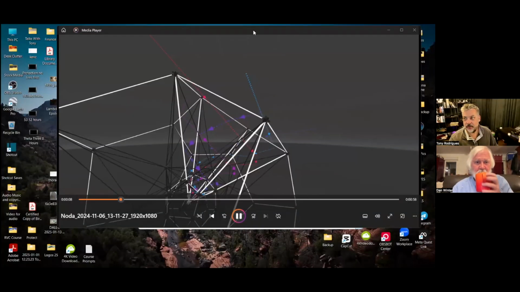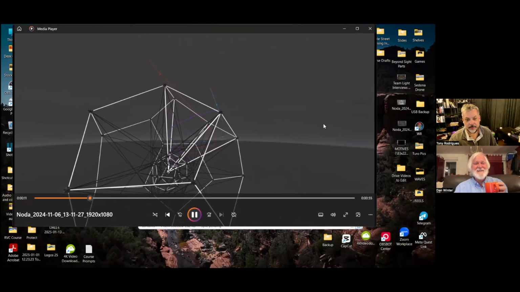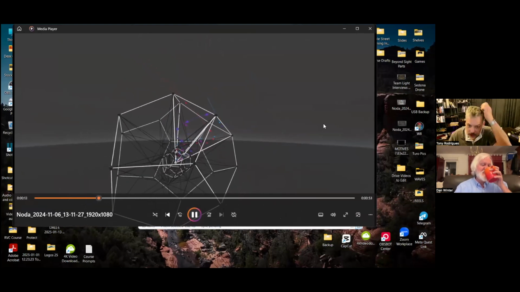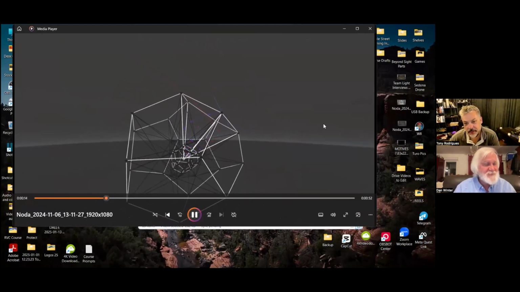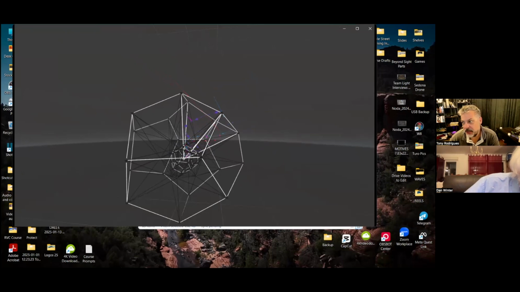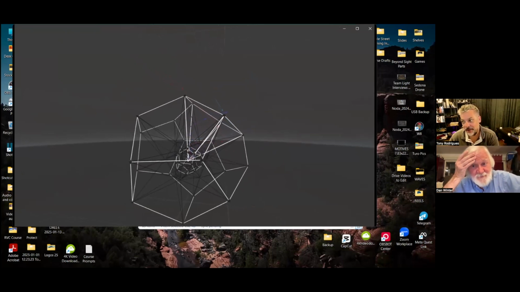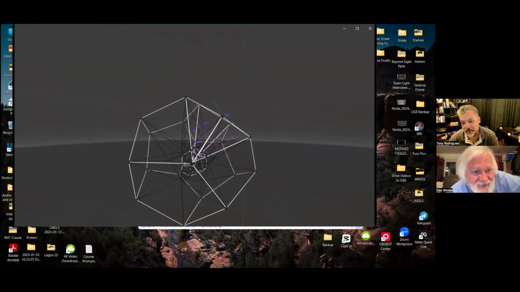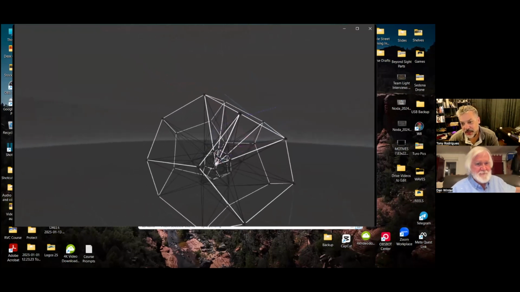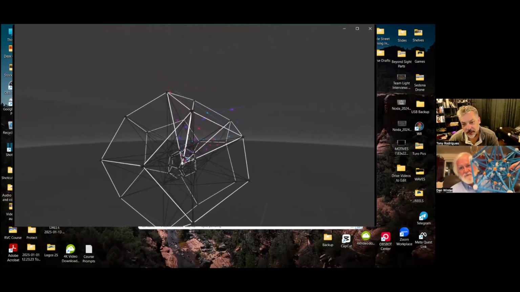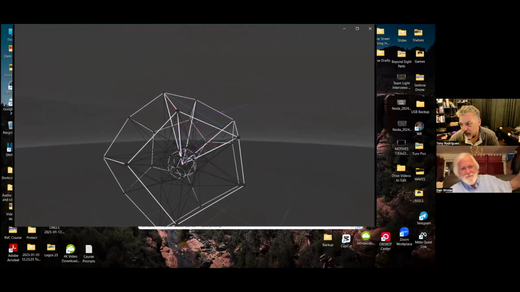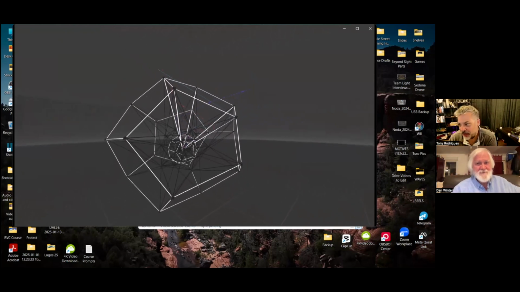So I have this video that we made in virtual reality. So there's the collapse. Those are the waves collapsing down the nodal points, the implosion that you're talking about. Albeit this nodal structure is not to scale of your star mother. It's the shape, but not the right distances. But that's really what the wave collapse looks like, going down a whirlpool, following those nodal points. There you go. You have the actual one.